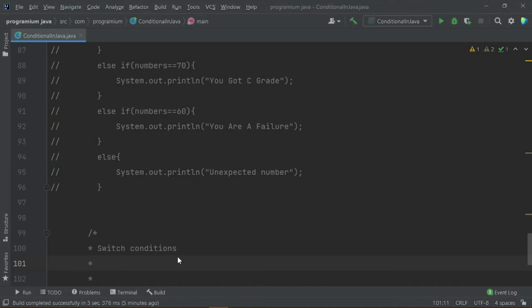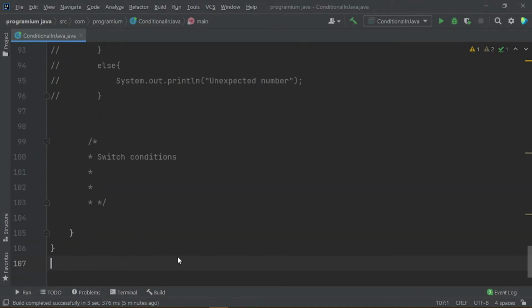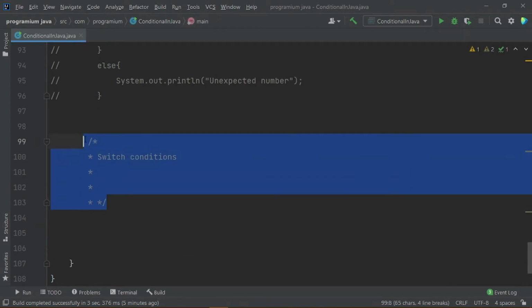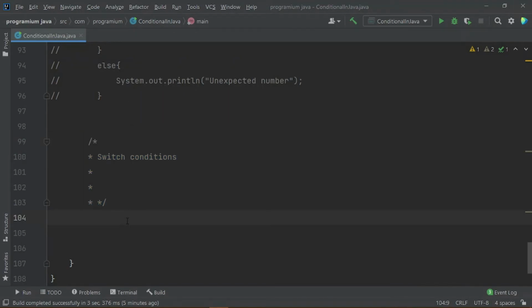So what I would like to show you is that switch conditions are actually a shorter way of doing all of these works. They do exactly the same thing that if else do, but switch conditions do this work very efficiently and in shorter lines of code.